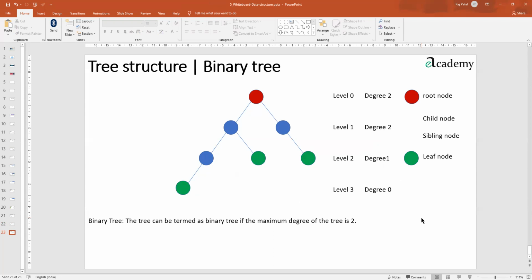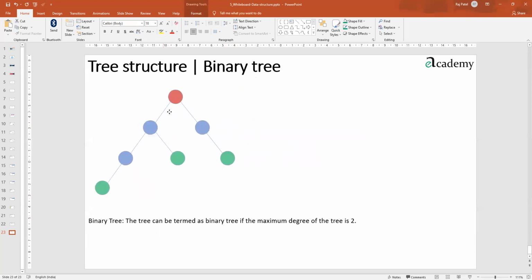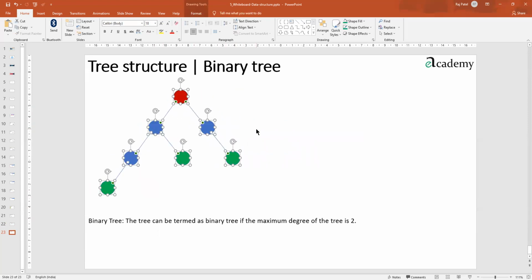Okay, now let's say we want to find out certain relations. Let me delete all this stuff and make some place for all of us. So now let's say we have this particular tree with the depth. Let me just remove this one because I want to explain something.